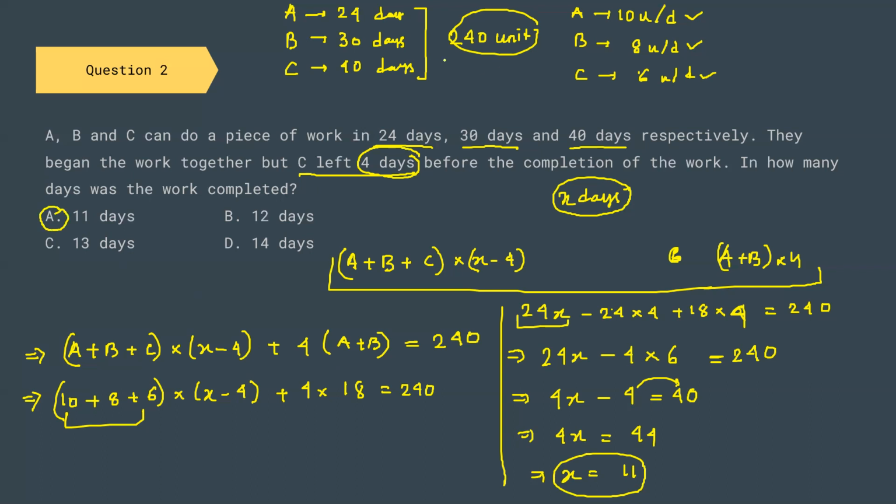So this is a simple trick I use. Instead of going into complicated reciprocals, what I do is assume the total units of work to be done, and this total is usually the LCM of the number of days that we have. Using this, we can find the total amount of work that can be done. So anyways, I hope this question was clear to you. Now let us go to the next question.